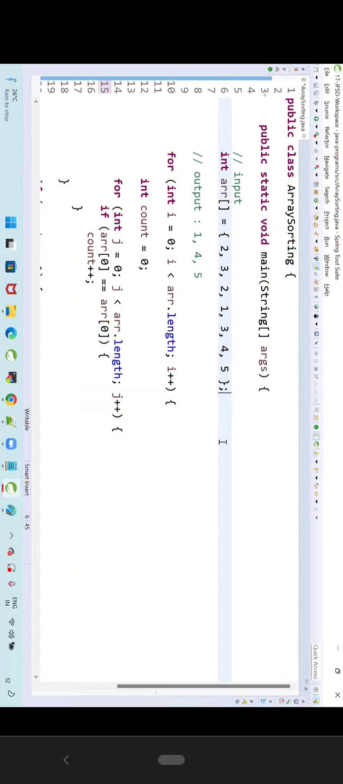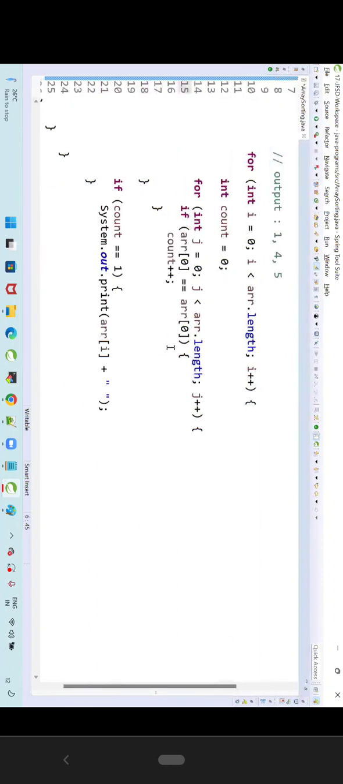Is it recommended? Is it the correct solution? How can I reduce the time? I want to reduce the time complexity. Can I do one thing? If array of i is equal to array of j,